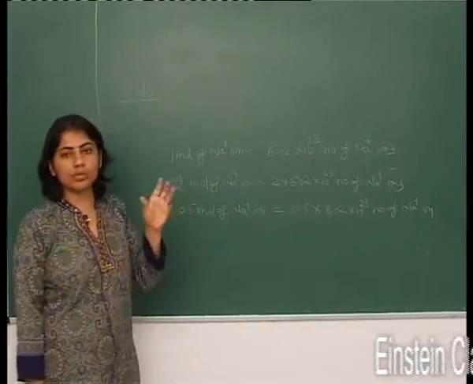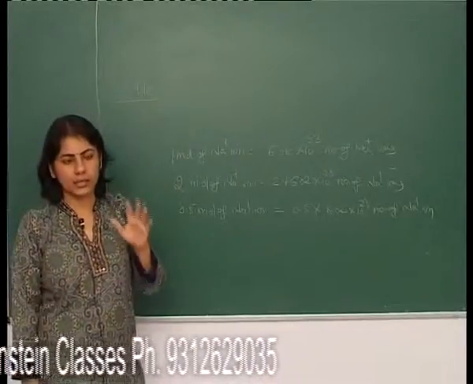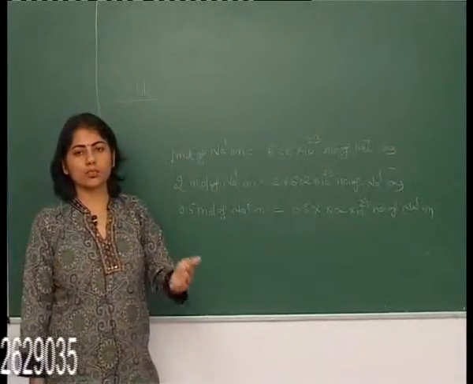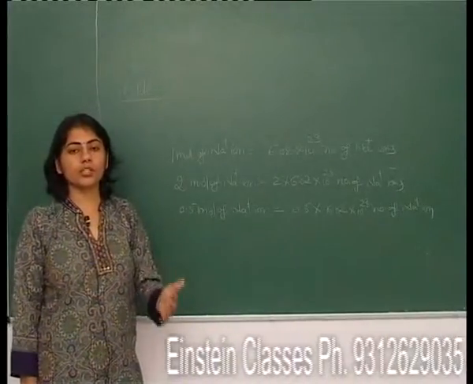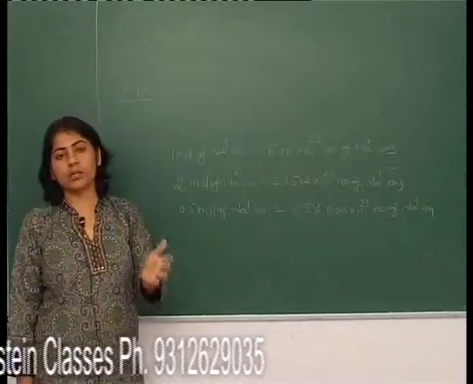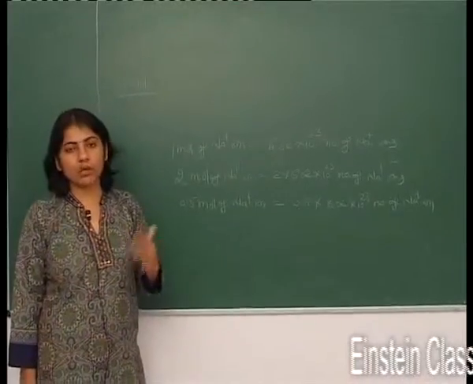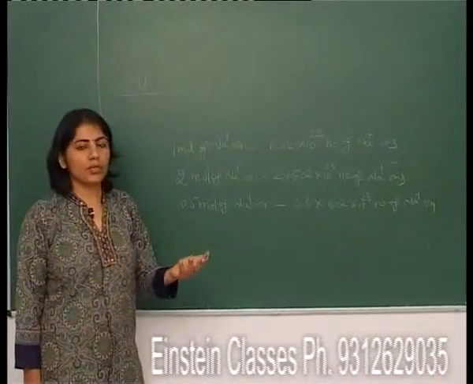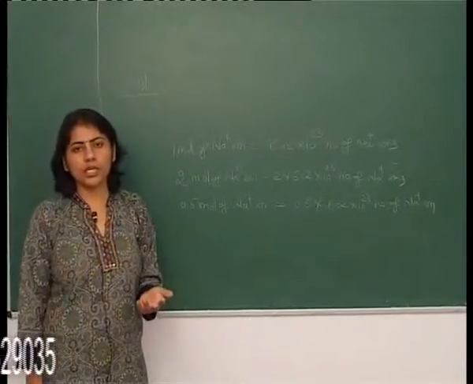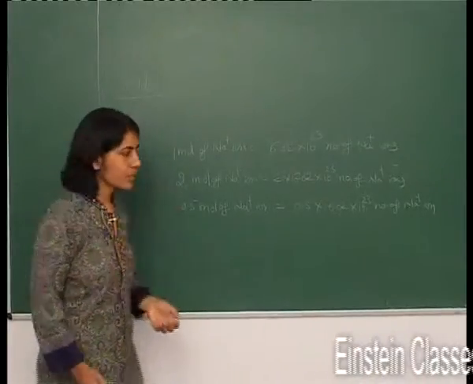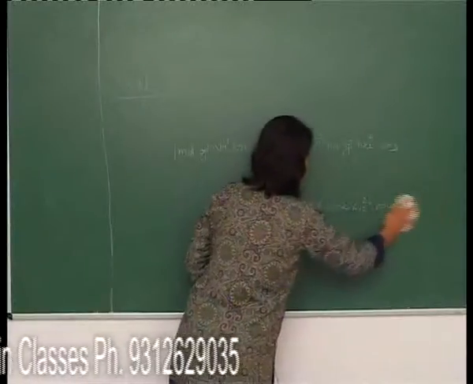We can relate mole to the number of atoms, number of molecules or number of ions. Like if I take 1 mole of virus particles, how many virus particles are there? 6.02 × 10^23 virus particles would be there. 1 mole measures the number of atoms, number of molecules or whatever. Now the next point is, we can also do this in reverse.